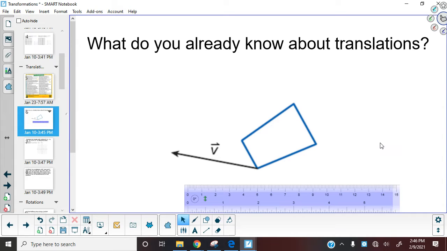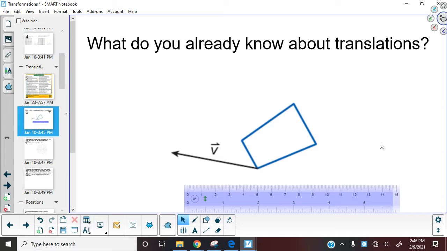So we've already gone over reflections, and what we're looking at today is translations. And much like reflections, we're going to do translations both with and without a coordinate plane. The very first thing that we are going to do, though, is think about what do you already know about